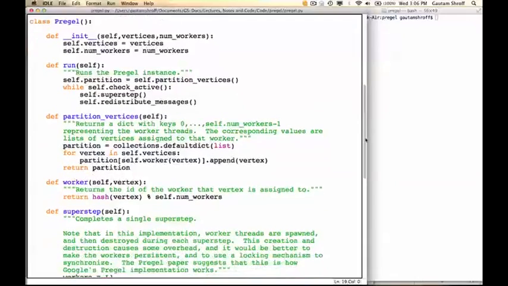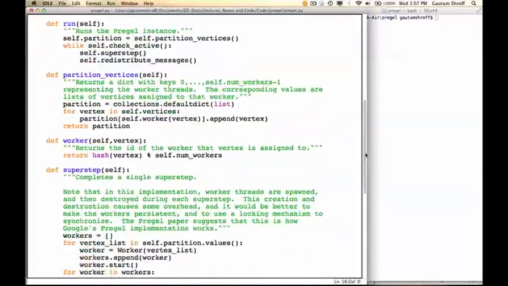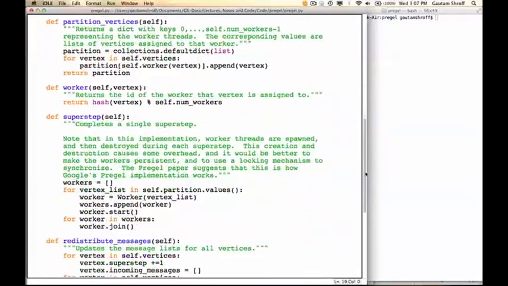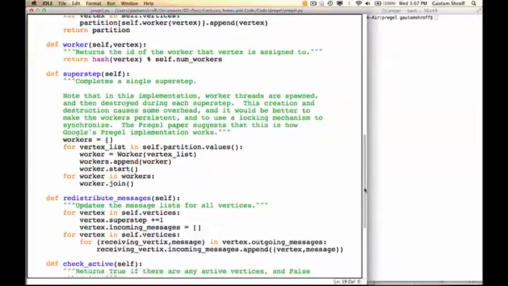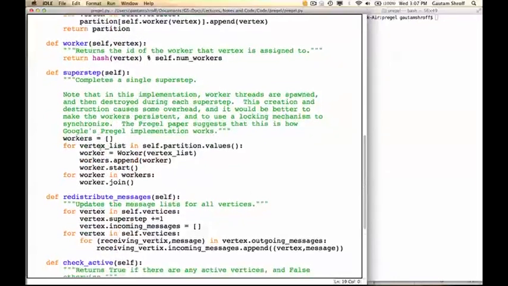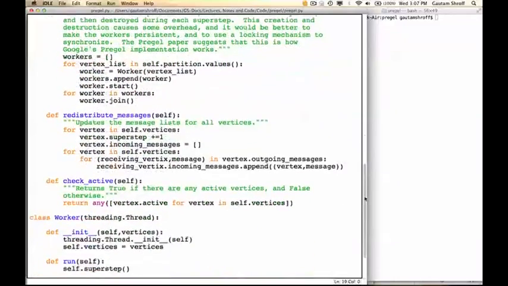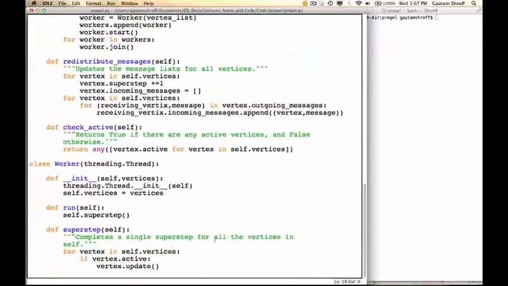across different workers, and each worker actually is performing super steps. So if you look at the super step itself, the super step essentially looks at every partition and tells the worker to do its work in every partition, and the worker essentially ends up running a super step, and the super step in the end, after all this class hierarchy, essentially for all the vertices that it happens to own in that partition,